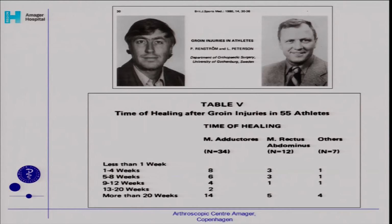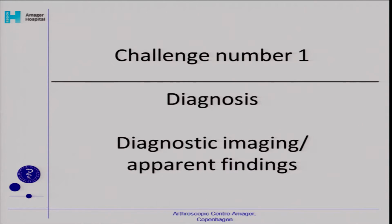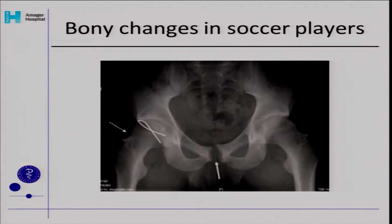This is the classic, one of the first studies. And again, just showing a lot of adductor-related problems, and they also found some rectus abdominis problems, and again, a few other problems. And again, reinforcing what we have seen in our studies, that this takes a long time. So, challenge number one still, diagnosis, and then if we move into diagnostic imaging and what we see on imaging,